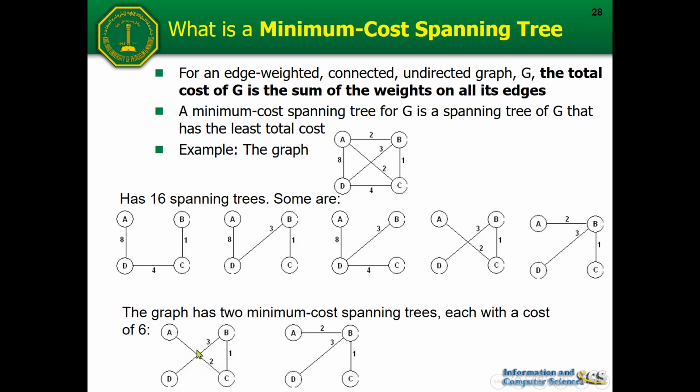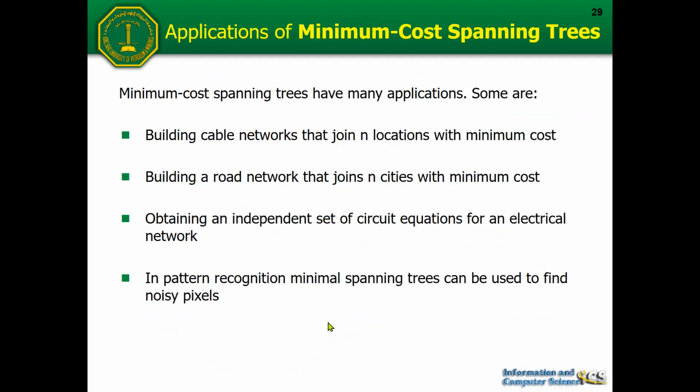this one. Okay, if you add all the weights of the edges, then you will get 3 plus 2 plus 1, which is 6. So the minimum cost of the spanning tree for this graph is 6, and the structure of that minimum cost spanning tree will be either this or this one. Okay, that will be the minimum cost spanning tree problem.